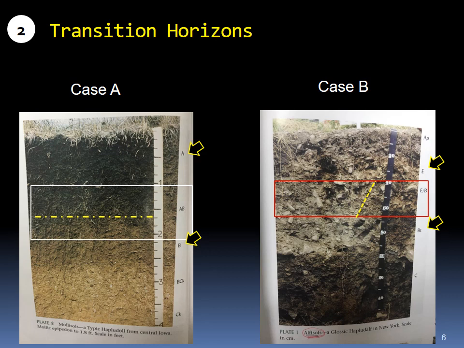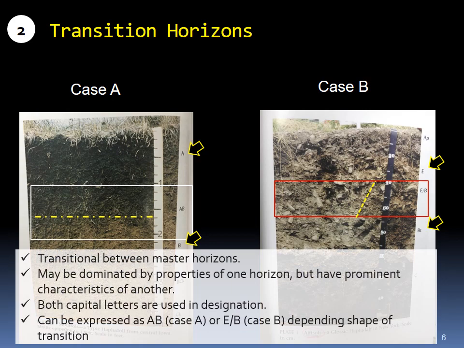Whereas if you look at case B, you would find that the transition horizon has properties of E and B, but basically it looks like the B layer or the B part is like a slash to the E one. Now, to understand more about the transition horizon, well, basically the transition horizon exists in a soil profile as a transition